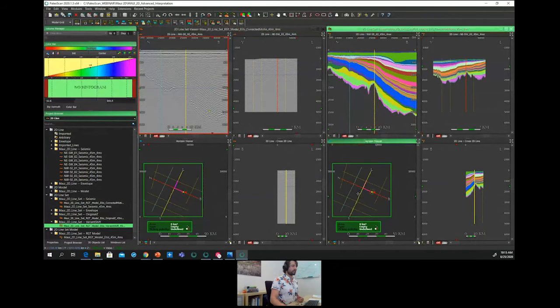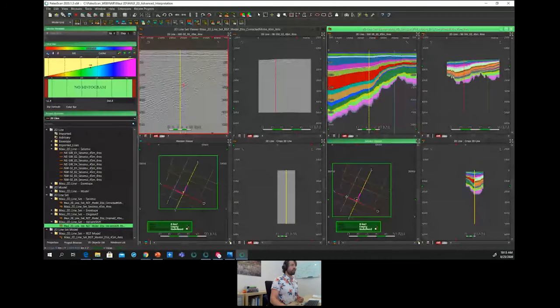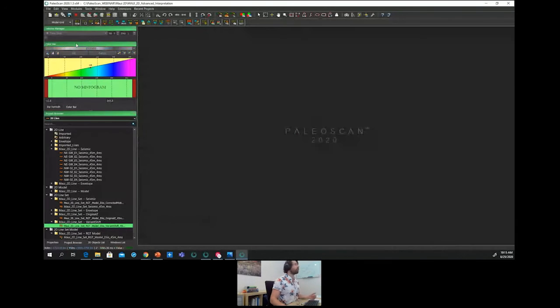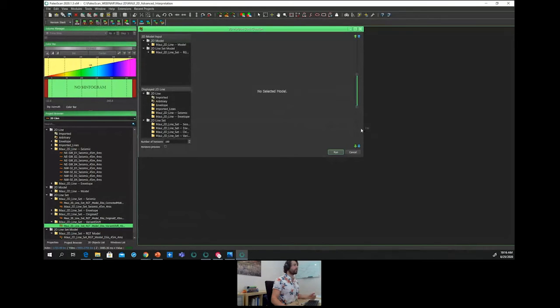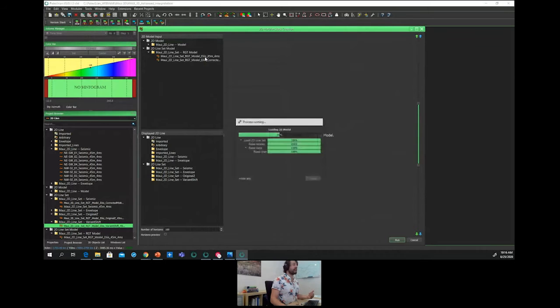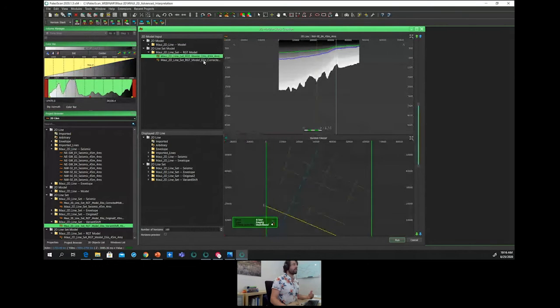From this relative geological time model, we can get what we call a 2D horizon stack. The 2D horizon stack is generated from the horizon stack toolbar. We just have to create a 2D horizon stack. Then we define the input model that can be the one without mistie management or the one with mistie management. It's up to the interpreter.